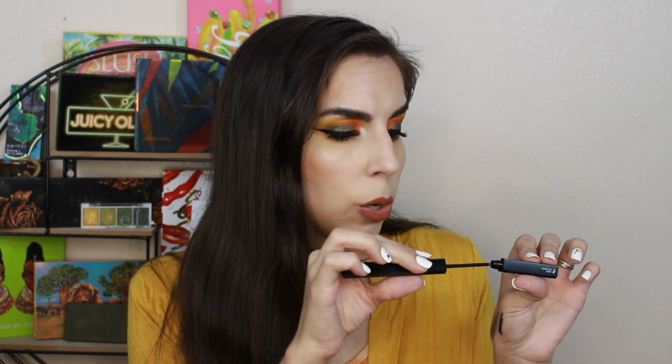I thought it was great, but I feel like it's a downside, at least for me personally, when I think of this product, to have it double-ended, because I feel like liquid liners go bad faster and my gel liners last forever. So to have the gel liner where I'm only using a tiny bit, so I don't use it up very much, attached to a liquid liner that I feel like is going to dry up, especially this formula, fairly quickly, we'll have to wait and see as I continue using this, but I feel like this side will dry out